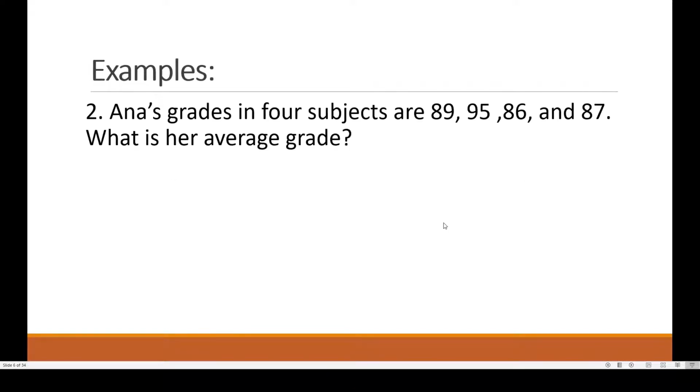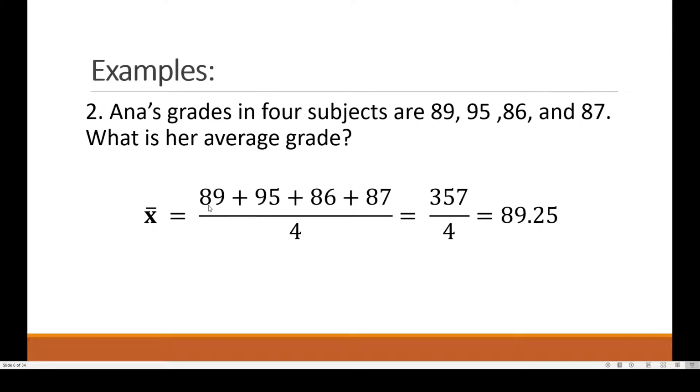Another example: Anna's grades in 4 subjects are 89, 95, 86, and 87. What is her average grade? To compute Anna's average grade, we just add all her 4 grades and divide it by 4. So therefore, Anna's average grade is